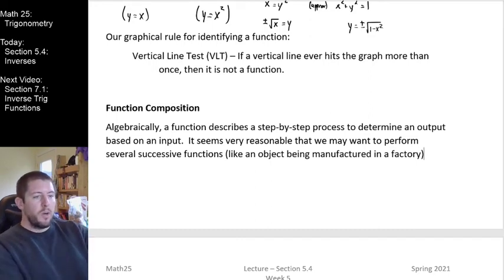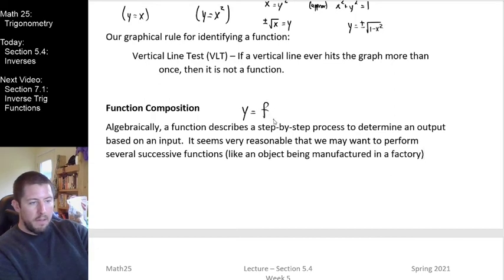So what we're going to start to do is think about functions using function notation, like y equals f of x. And again, like I said with our analogy of being in a factory, we might think that you're starting with something in the factory where you're going to pass it into the f function right here, right? And as it passes through, I'm going to draw this diagram ever so slightly